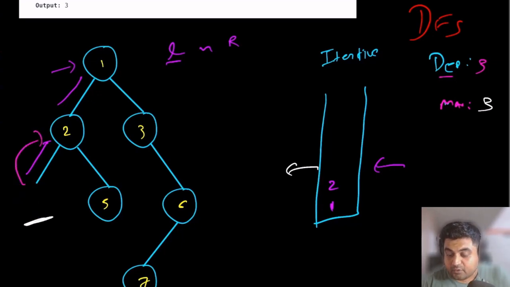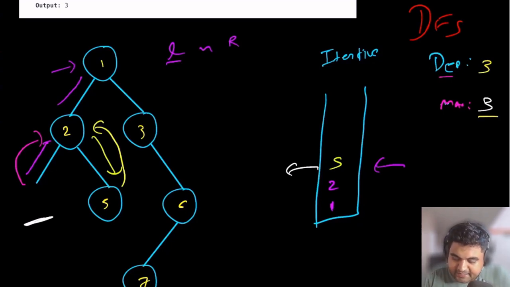Because we are doing a backtrack, we are going to subtract from the depth, not the maximum depth, and bring the depth back to 2. The maximum depth is going to remain 3 because that is the maximum value we have found so far. Again from 2, we are going to add value number 5 to our stack. Since we are adding a value, we increment the depth to 3. The maximum depth is going to remain the same.